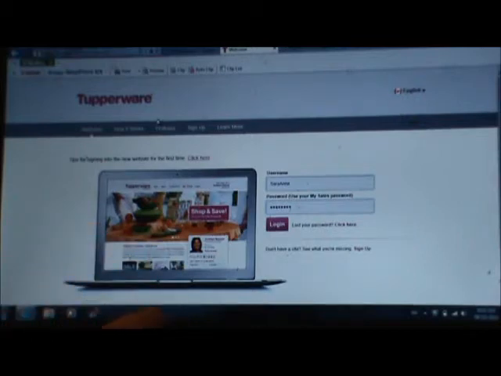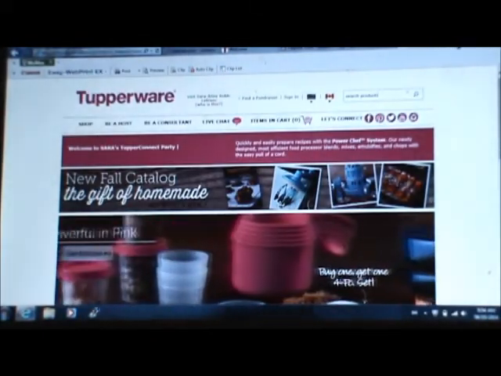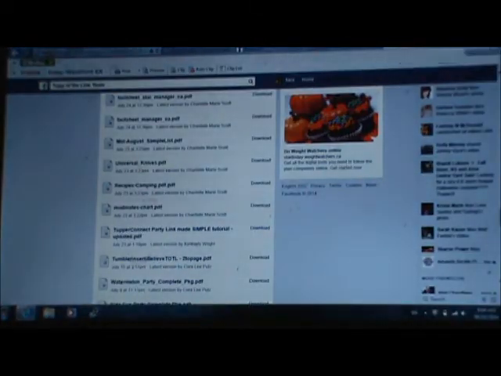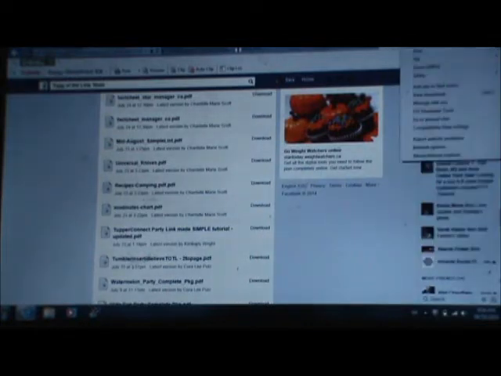So I'm just first going to be logging into, you want to have a few things open: your email address, your website for Tupperware, and tinyurl.com website. So I'm going to go in and log in. Actually, before I log in, let's see here, what do I have? See? Things open. So what I'm going to do is I'm going to first delete my cookies under options here,